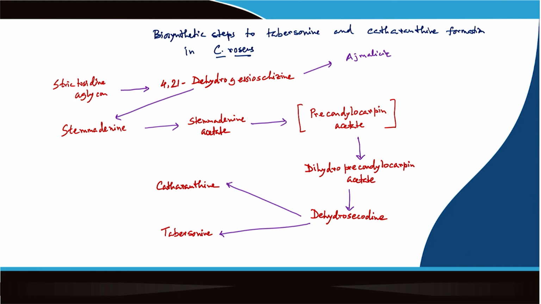now the enzyme discovered I will show here. So, stemadenine acetate to pre-condylocarpine acetate, this is PAS, and this one is DPAS, okay, and this is CS, TS, it releases acetate away, and then